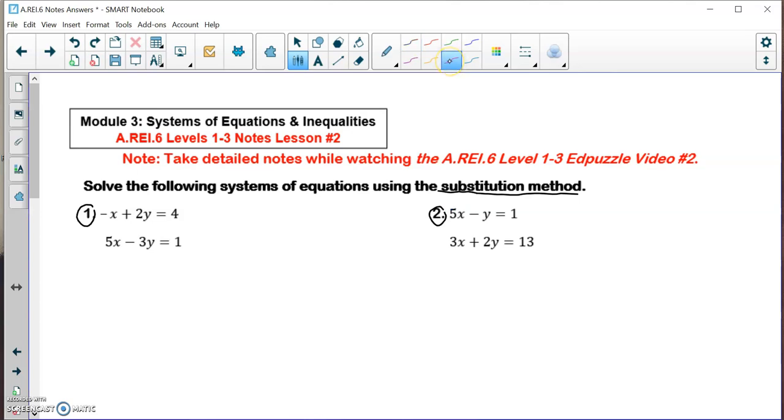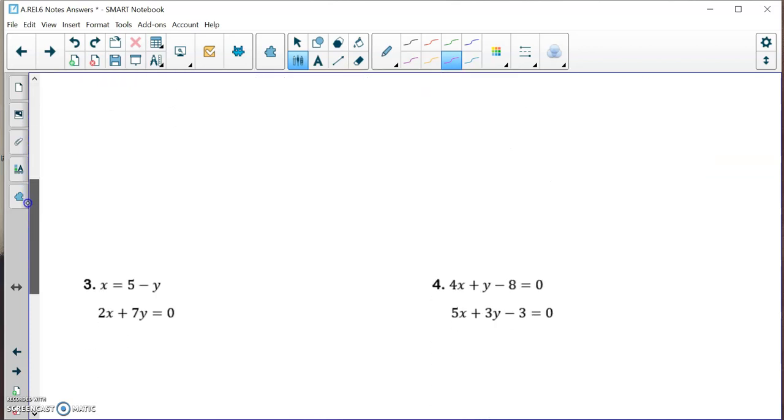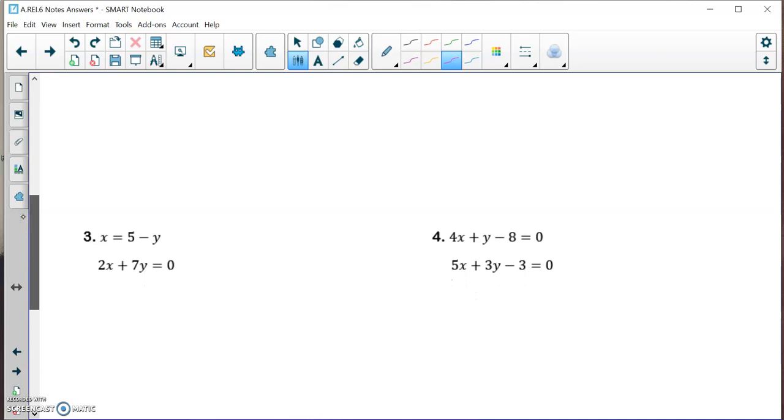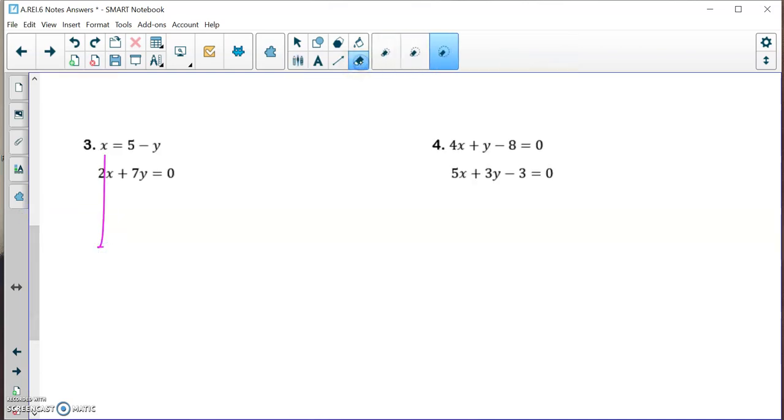For example, in number 1, my x in my top equation has a coefficient of negative 1, so that's probably the easiest variable to isolate. In number 2, my y in my top equation has a coefficient of negative 1, so that's probably the easiest variable to isolate. In number 3, my x in my top equation is already isolated for us, so that's good. And in number 4, my y in my top equation has a coefficient of 1, so that's probably the easiest